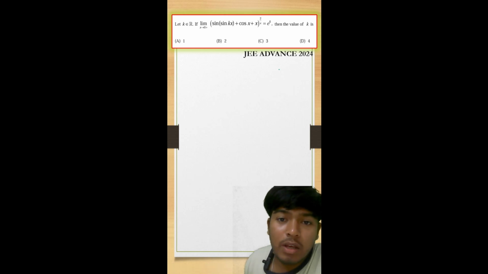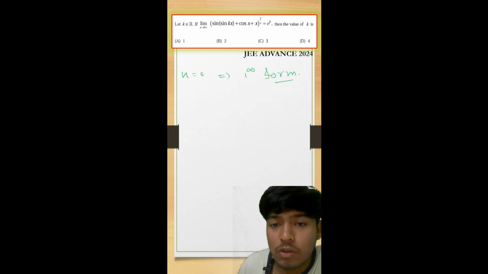तो हेलो एवरीवन, ये क्वेश्चन 2024 का है। तो क्वेश्चन में हमें k का वैल्यू फाइंड करना है और गिवन है कि limit of x tends to 0 positive, this value is equal to e to the power 6. Now just simply put x equal to 0, so we get 1 to the power infinity form. So in that case हमें पता है, एक रिजल्ट पता है, जब 1 to the power infinity का फॉर्म होता